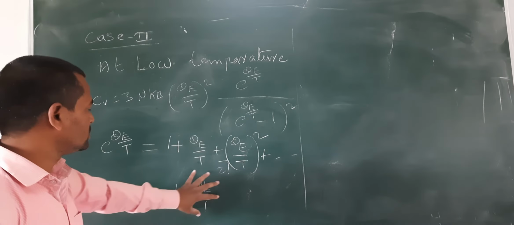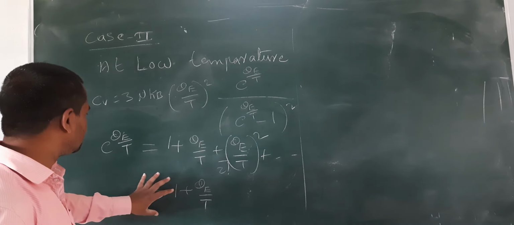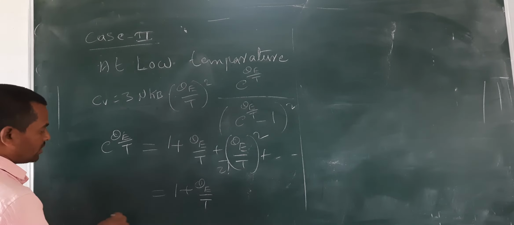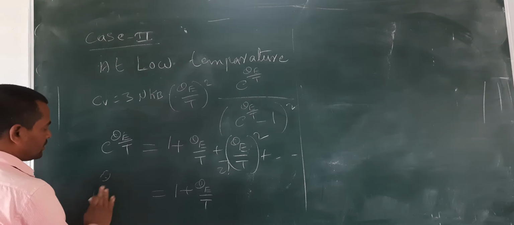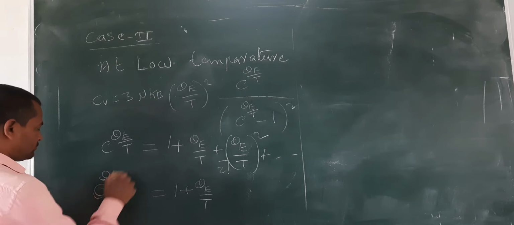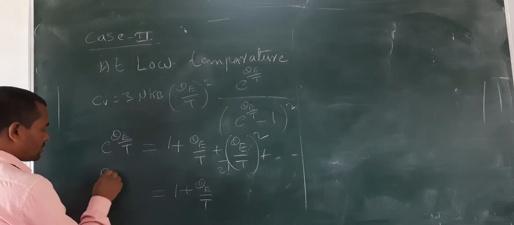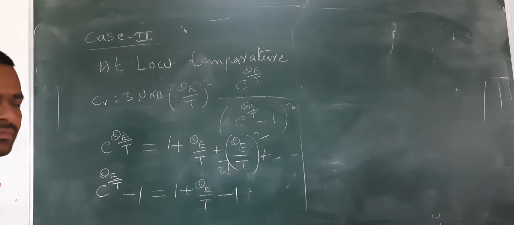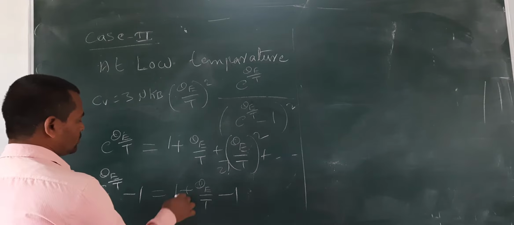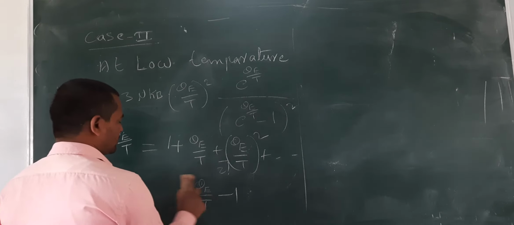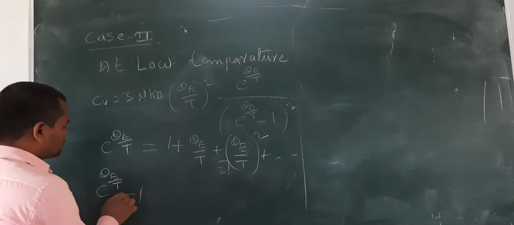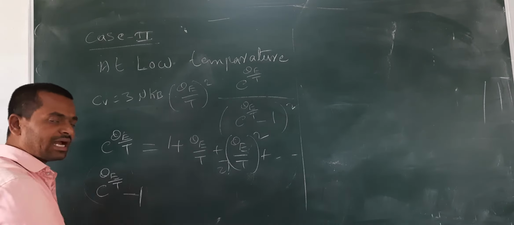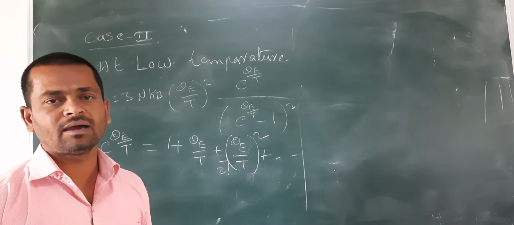Means high terms. So this is a high term. Okay, so this is a high term. What happens? This is very much high. And what happens if you subtract one value, e power theta e by t, minus 1 on both sides, do the minus 1 operation? What happens? No need to do this operation, same thing without doing it also. It is very much high without doing this operation. When it is very much high, if you subtract one value from a very much high value, then what happens?